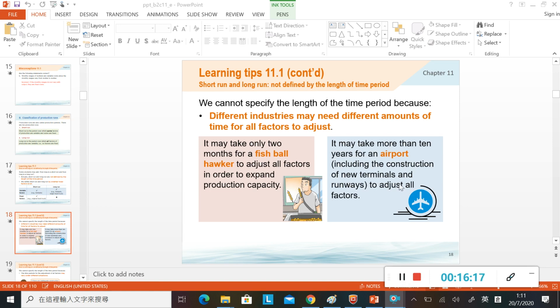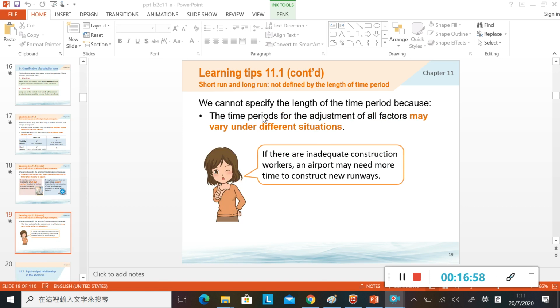好似譬如機場咁，機場你梗係要耐啲啦。譬如機場跑道，你就算你想增加佢嘅數量，你可能都要用好多年嘅時間去審批，或者你要用好多年時間去起佢出嚟。所以機場由 short run 變做 long run 嘅時間就需要長啲。所以我哋就唔可以話過咗5年之後就叫做 long run，呢個就唔啱嘅。我哋就要睇翻唔同行業究竟幾時，佢全部嘅 factors 變晒做 variable factors，佢就變咗做 long run。咁就冇一個 specific 嘅 length of time，得唔得？好啦，同埋呢度，the time period for the adjustment of all factors may vary under different situations。